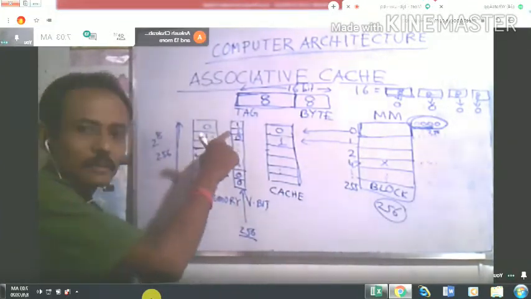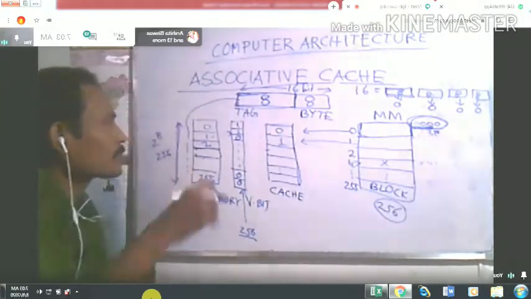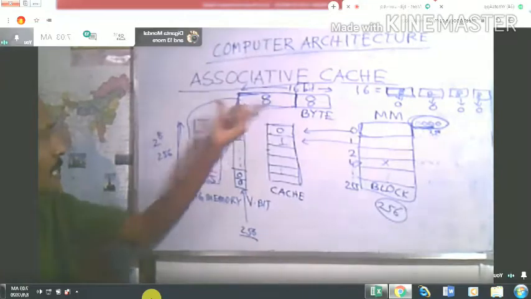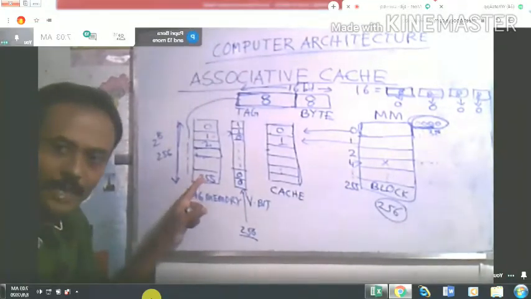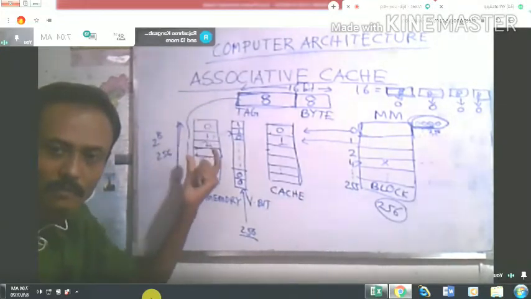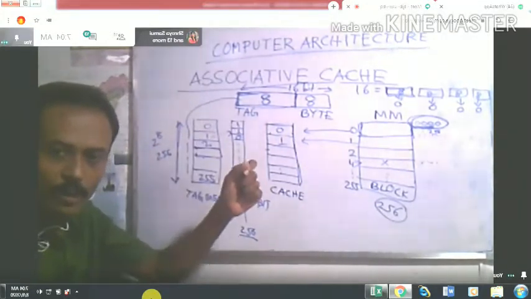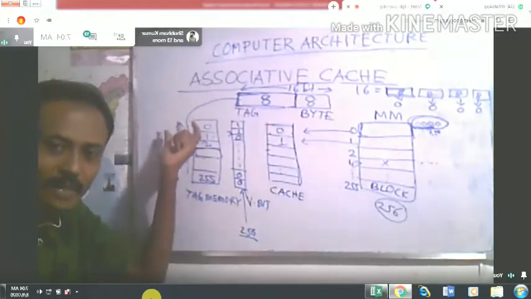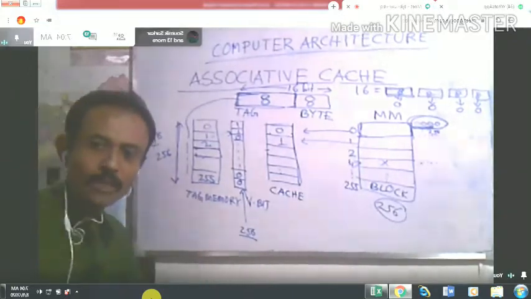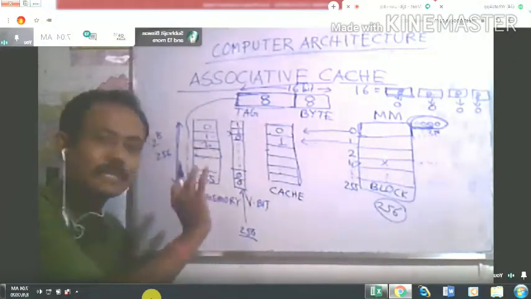So now you can check both. You can match this value with the tag field. So when we generate an address, you will check this tag address with this tag field. Clear? Now there may be a garbage value. This tag memory can be occupied by a different garbage value, and somehow this particular address can sometimes match with this tag memory. So you cannot be sure whether that particular block is present in the cache memory or not. That's why the valid bit is used.